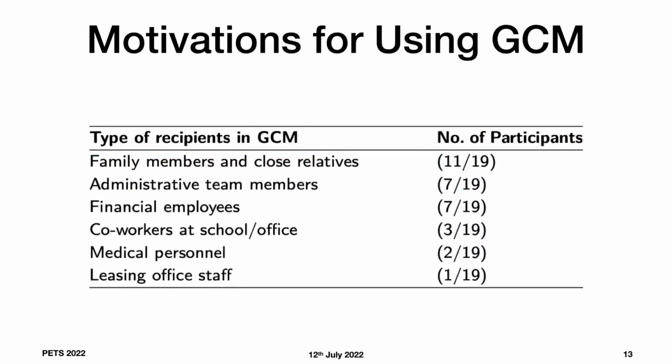We found that a majority of the participants, 11 out of 19, send a GCM email to their family members and close relatives. Other types of recipients include administrative team members, financial employees for sending confidential financial documents, team members in a project at school or office, medical personnel for sending medical documents, and leasing office staff for sending lease